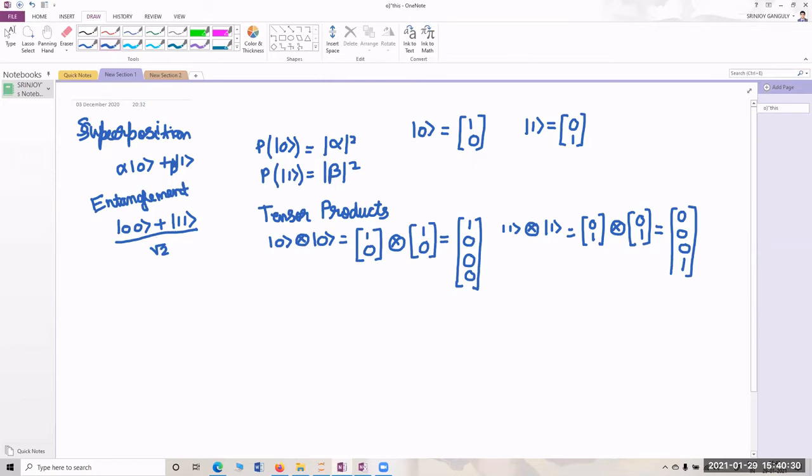And for example, just ignore the normalization for a moment and you just add them. So what we get here is 00. And let me be very clear that 00 can be written like this. And similarly for 11. So 00 plus 11